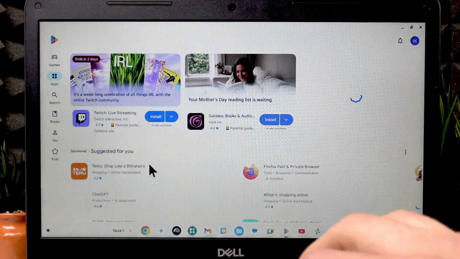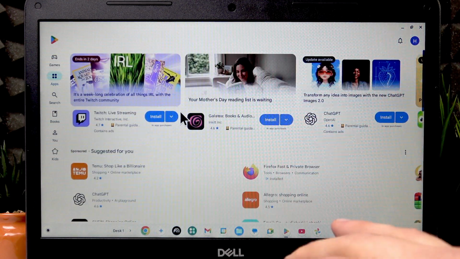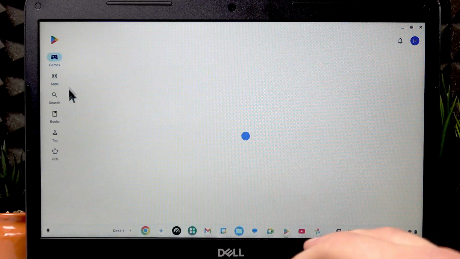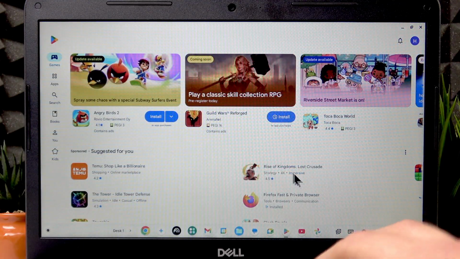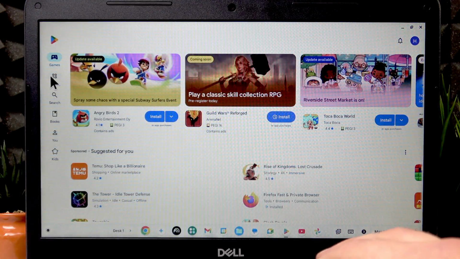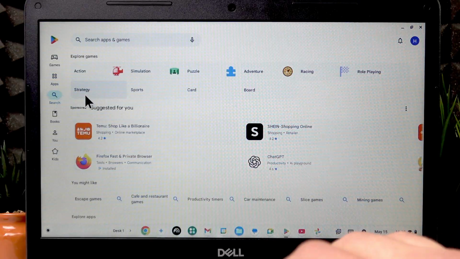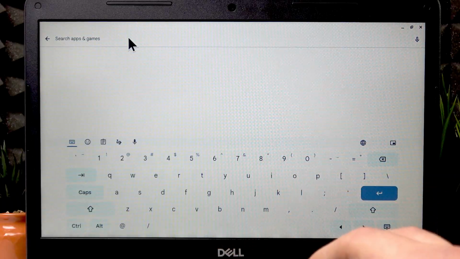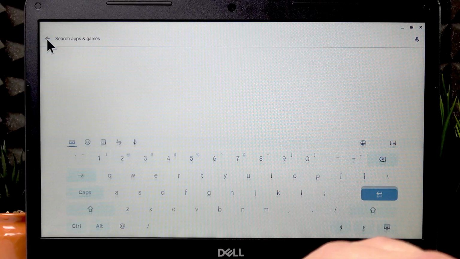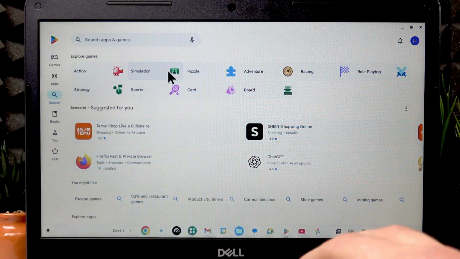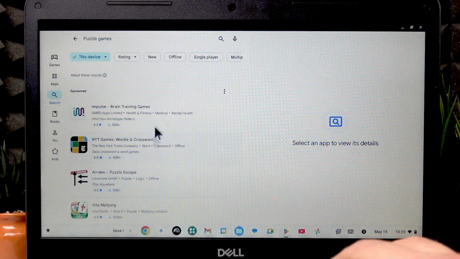Now, all of the applications available for Android devices are also available for your laptop. It doesn't mean that they will be working perfectly on your laptop though. But to find and download an application, you basically have to follow the same steps you would do on the Android phone. So you can open the search menu and search for a particular application that you want to download, or you can just search for an application by categories,